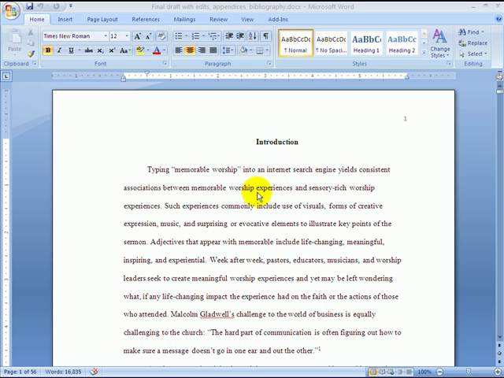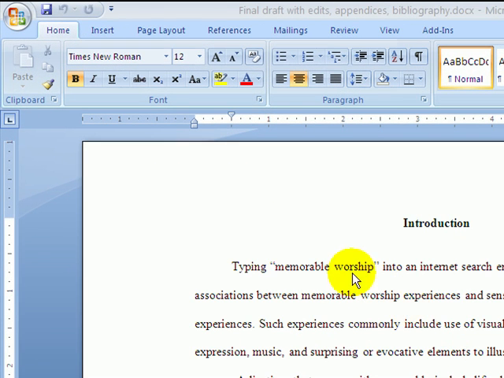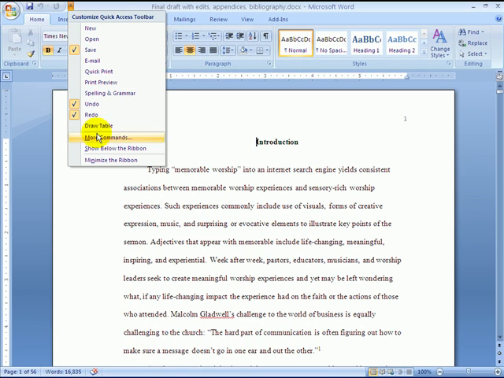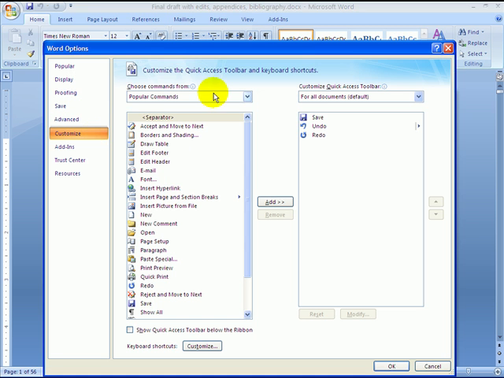In your basic default Microsoft Word in either 2007 or 2010, some of the commands that you'll need are not there, so the first thing that we have to do is to add them. So we'll go up here to the upper left-hand corner. This is the same in either 07 or 2010, and you'll notice a little drop-down arrow there. Click on that. Go to More Commands, and choose Command From,